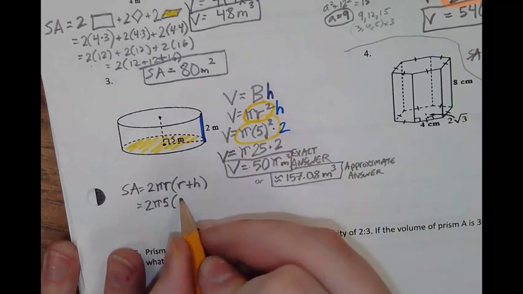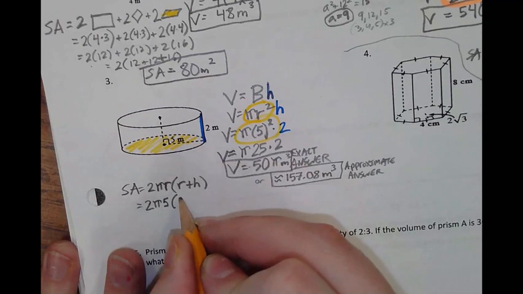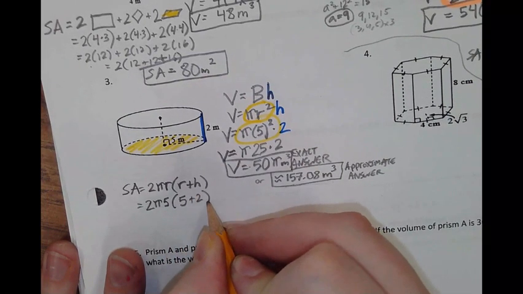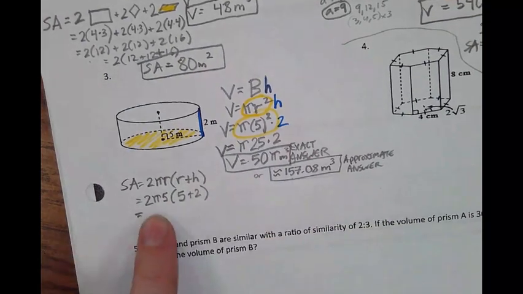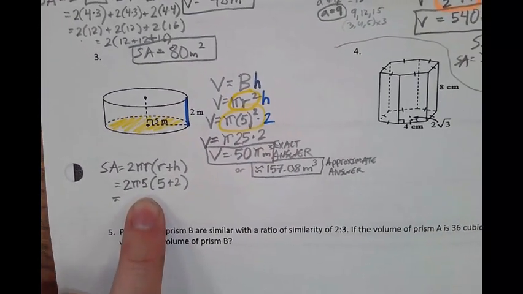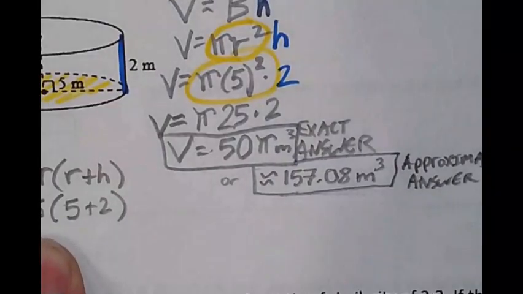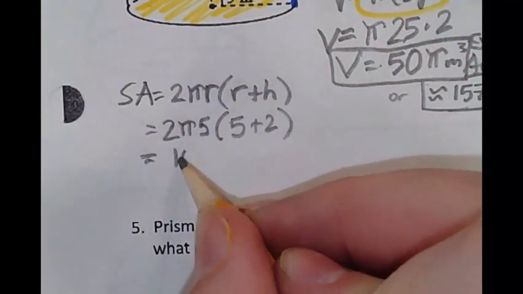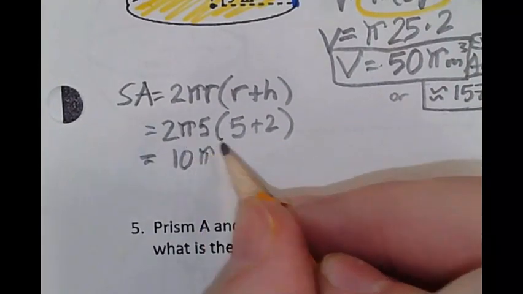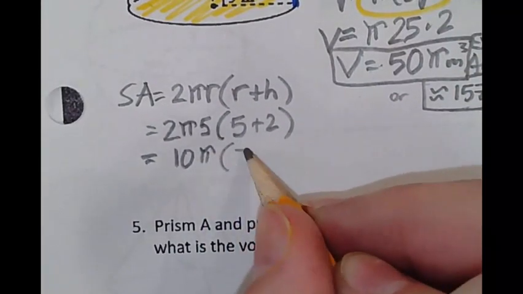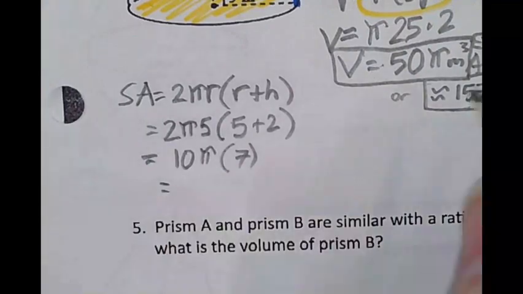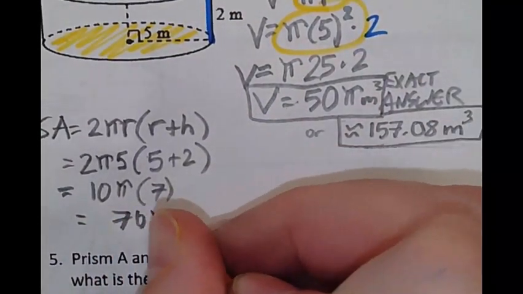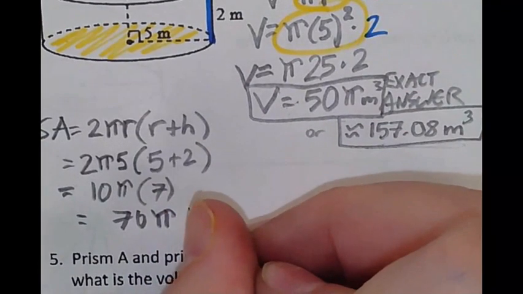Okay, so for this example, we have that the radius is 5. And then here we have to do the radius plus the height. The radius is 5, the height is 2. Now look how easy this is. Once you use the formula, as long as you know what r and h are, you just have to multiply those numbers. So we're going to get 10 times pi times 7, which, as an exact answer, we get 70 pi, or as an approximate answer,